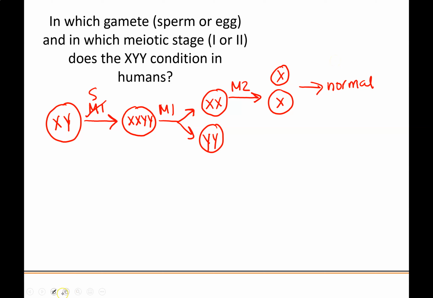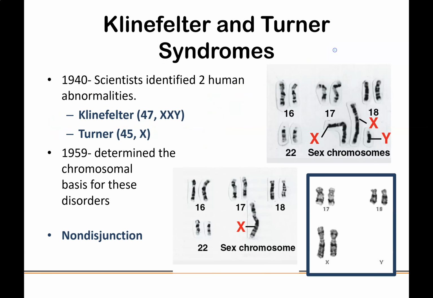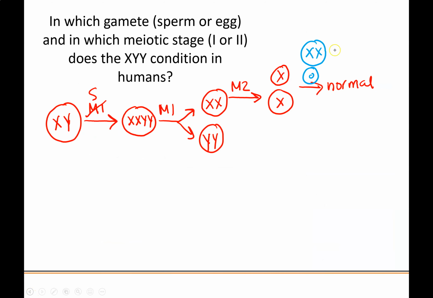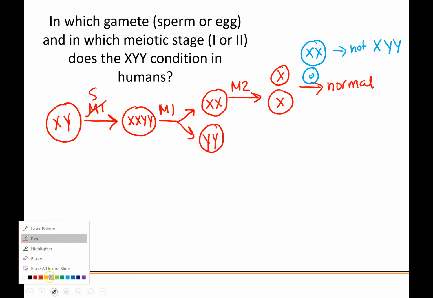The other option here would be for the non-disjunction to occur and to end up with an XX and an O, which is what we found in the previous one. This is also not going to give us XYY, for the same reason that the previous slide didn't give us XYY. But now let's go through this other cell,